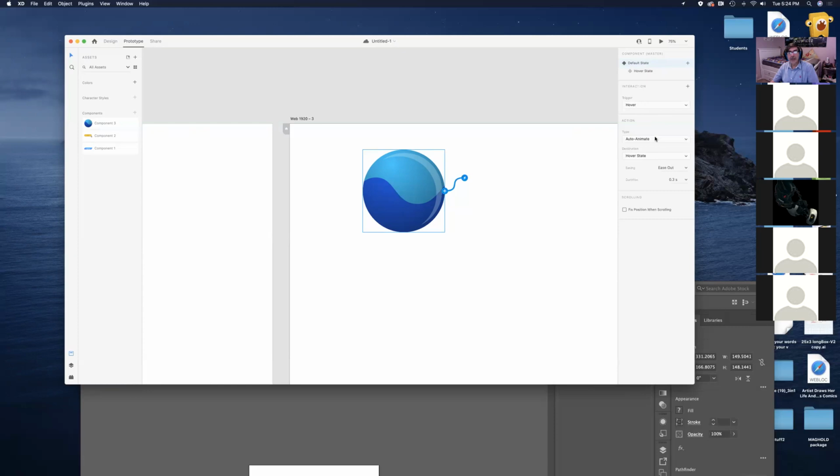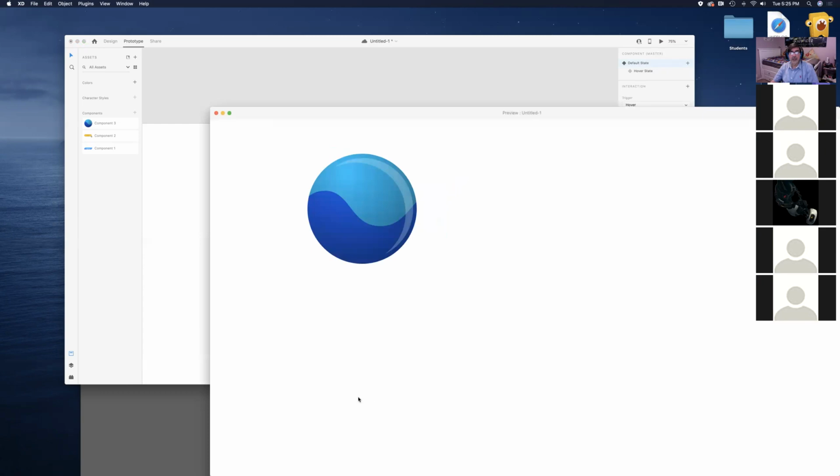Auto animate is already selected. There's only one extra state over here. You can have more than one state if you want, but right now we are just working with two states. And ease in, ease out. Since it's going to be a little longer animation, I can give it a little more time, so 0.8 seconds. And let's see how this works. So let's just play this, and when I hover my mouse,